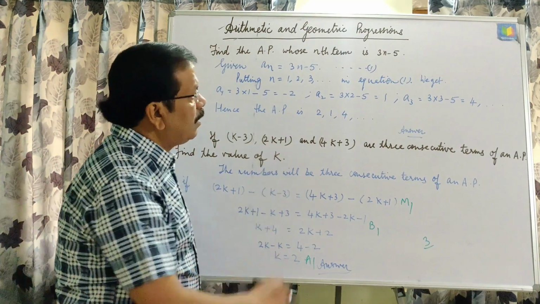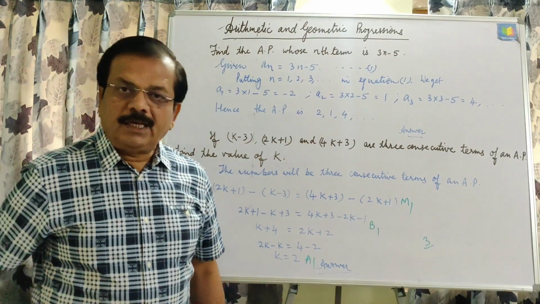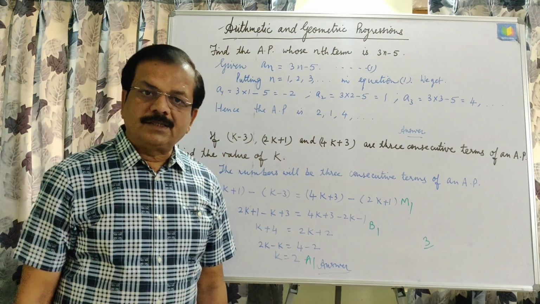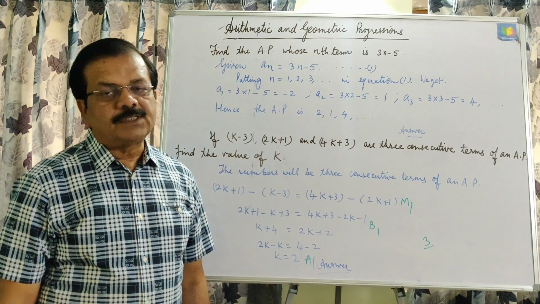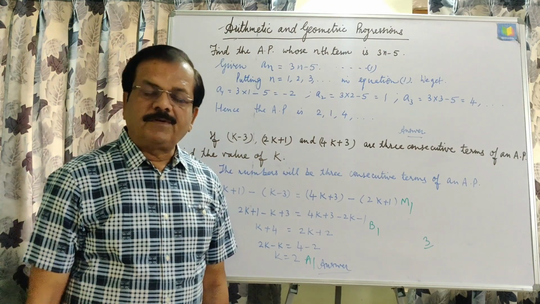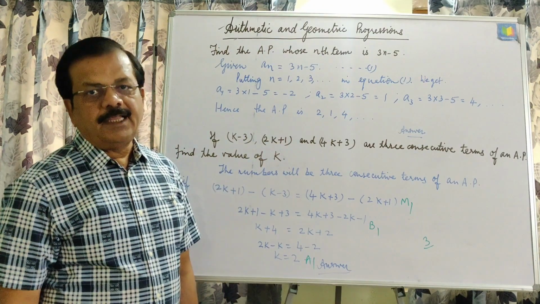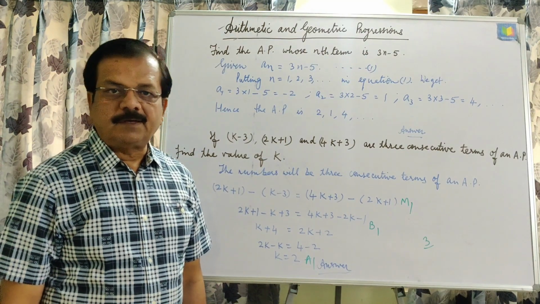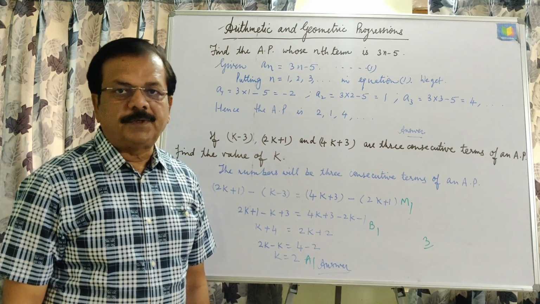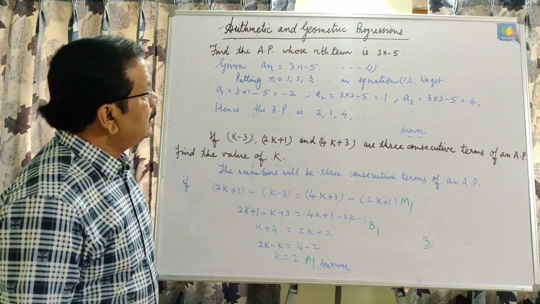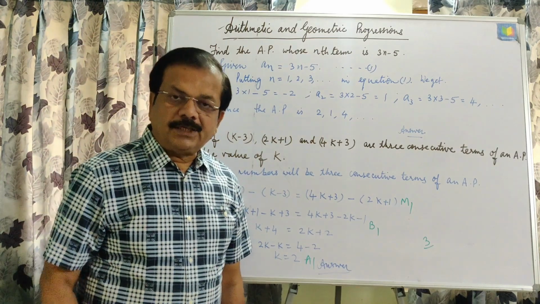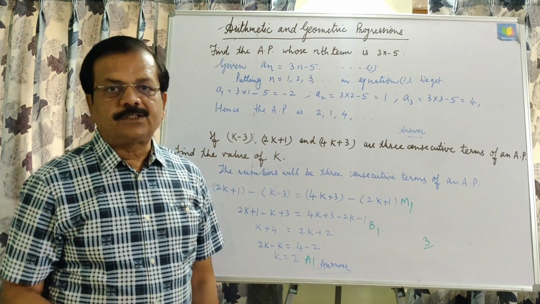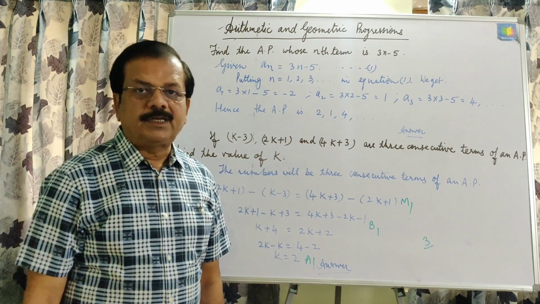In the same way, in case of geometric progression, this is the list of non-zero numbers, meaning zero should not be there, because once we get zero, the ratio of any number with its preceding number cannot be determined, and that is why in geometric progression zero should not be there. Okay, and since the ratio of each number with its preceding number is the same, that ratio is called the common ratio.